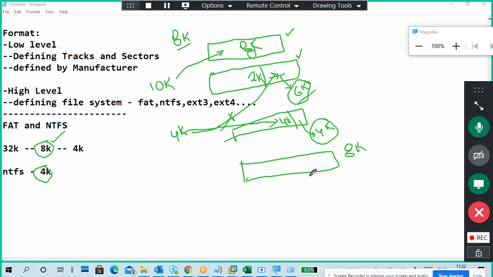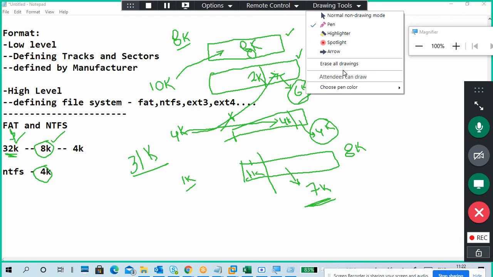if you have an 8K file, no problem. For example, you have a 1K file, 1K occupied. How much wastage? 7K wastage. Understand? So that is 8K. Think if the allocation size is 32K. How much wastage? At least, okay, we are looking at it in a 1K manner only, because a basic file allocation will take 1K minimum.